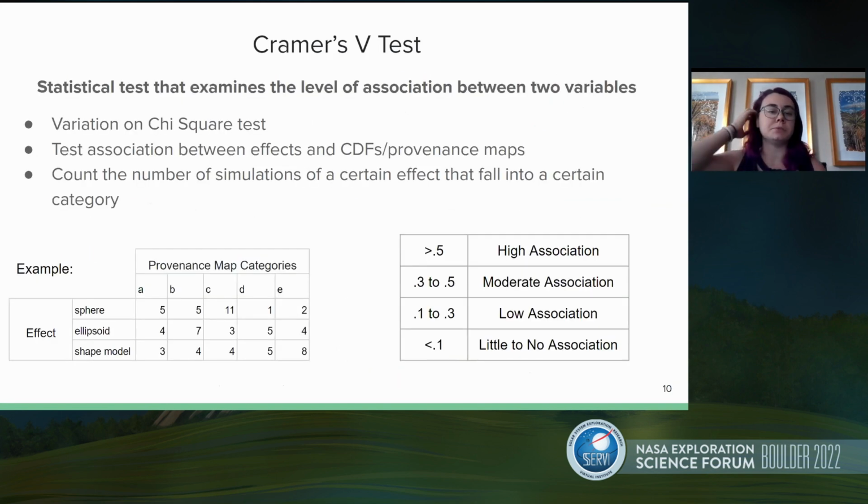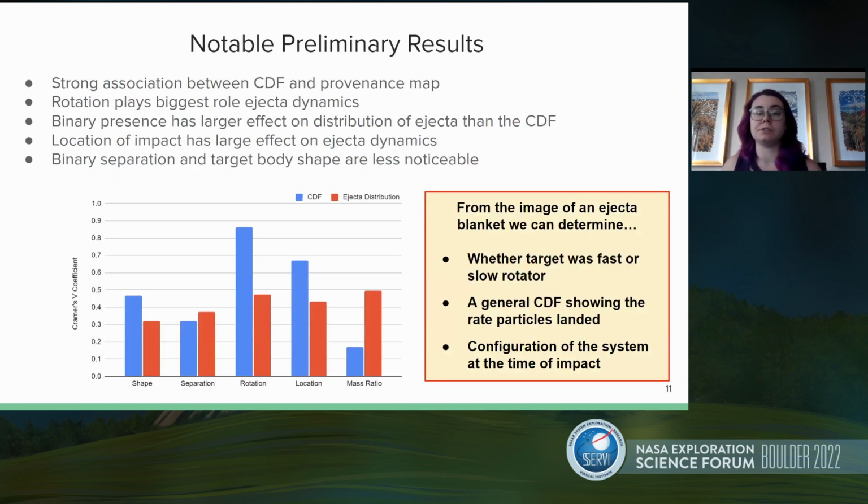So then we performed a Cramér's V test where we compared the different effects with the CDFs and the provenance maps grouping. Essentially this was counting the number of simulations of a certain effect that fell into each category and then applying the Cramér's V test. And so this tests the association between each of the effects. And so we were able to determine that